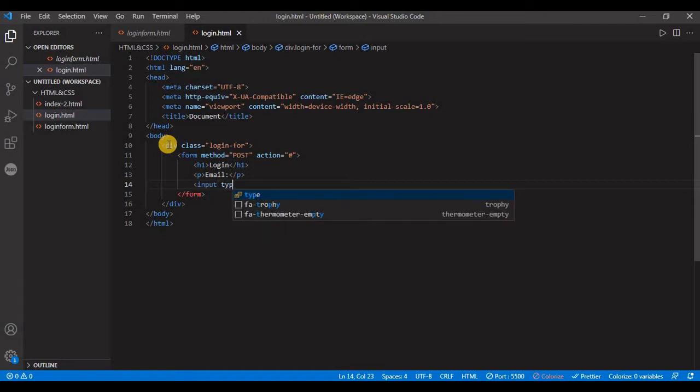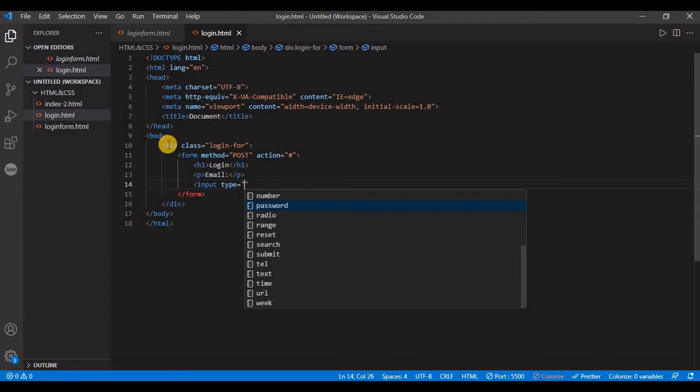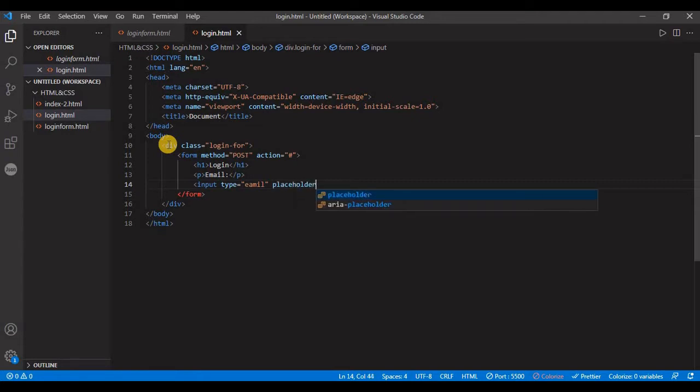Here I use type equal to email. There are different types of type, like email, number. And here we use placeholder, which basically tells which field it is, what we have to fill in. Here I write enter email, and close the tag. And here again I use the password,